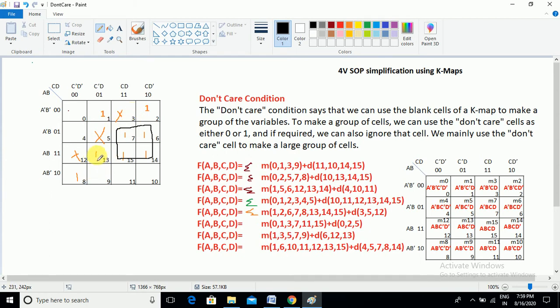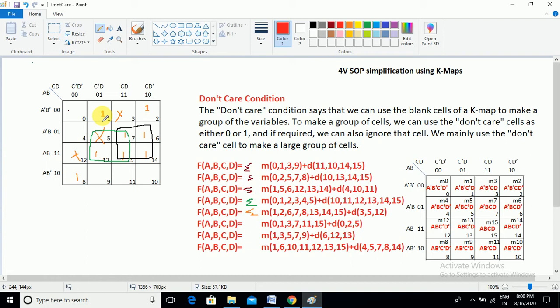If I consider the 5 as one of the don't care cells in our group, here I can create another 4 cell group with overlap. Okay. Next, think about the ones which are not in a group. This one is not in a group. This one also is not in a group. Now here I can take one group. For this one you have to think.